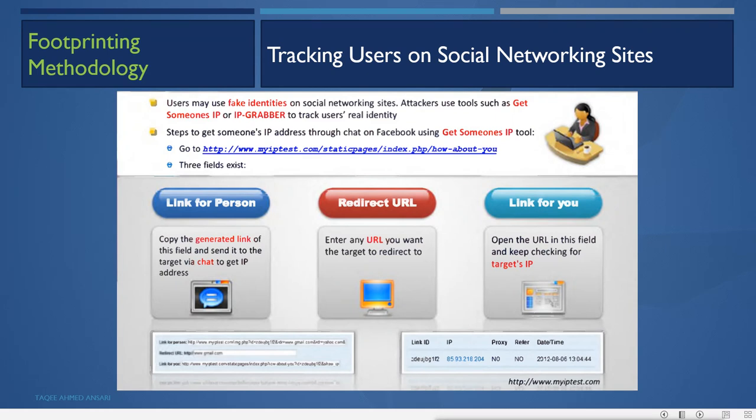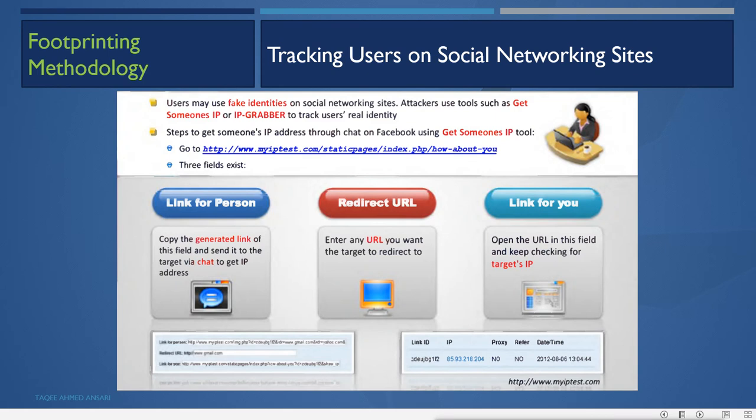You will say that this is interesting, and most of you will get messages like this: someone is giving something free, click on this link and you will get this free, and you click on those links. So you can do this also. You will give this link to someone, say this is free, that is free, click on this link, and when they click on that link, you will type some other URL and it will take the user to that URL, and the IP will be sent to you.